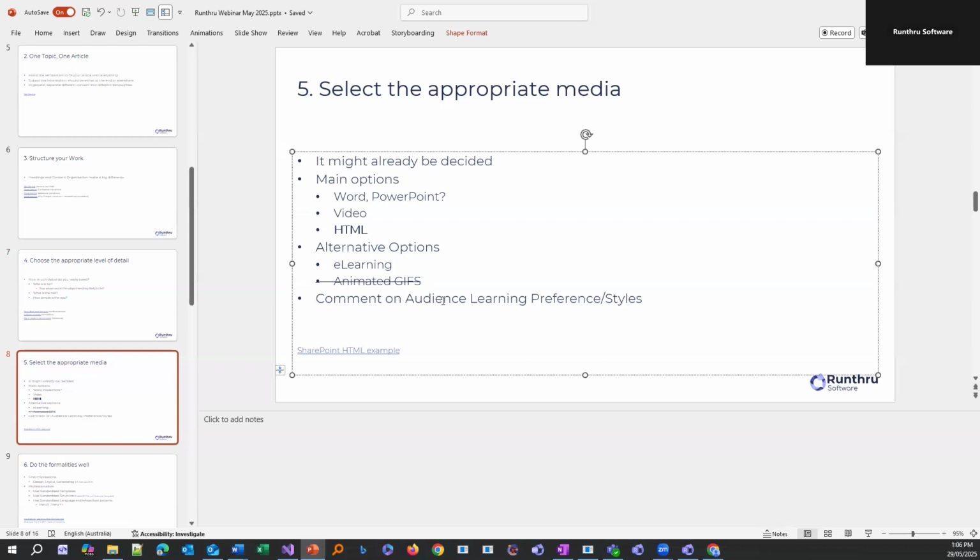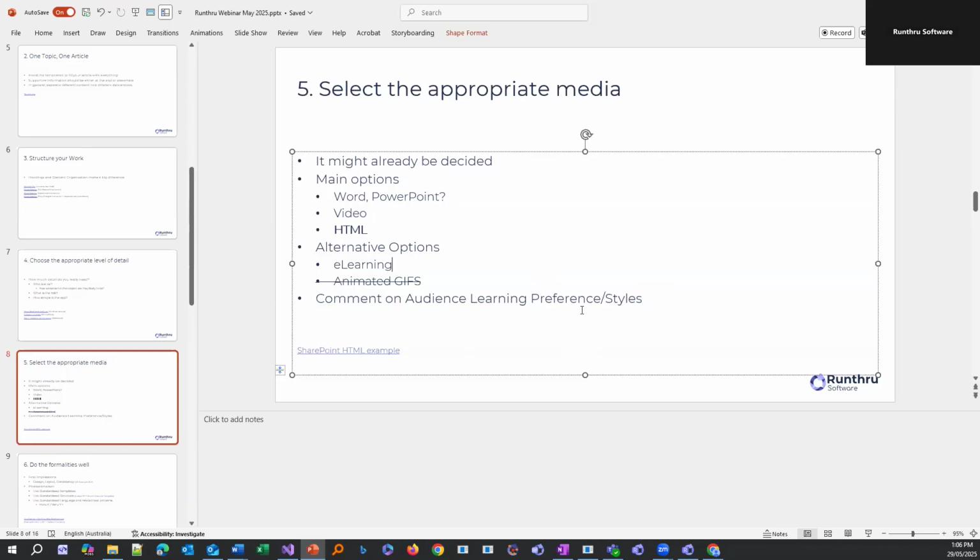All right, next one here is learning preferences and styles. Yes, we as humans, we have a preference for the way that we like to consume knowledge. Mine tends to be linear, so it's Word or it's HTML, so I can flick through it really quickly and find what I'm looking for. Whereas others would like the video and audio that might come together so that they can be more, it's more